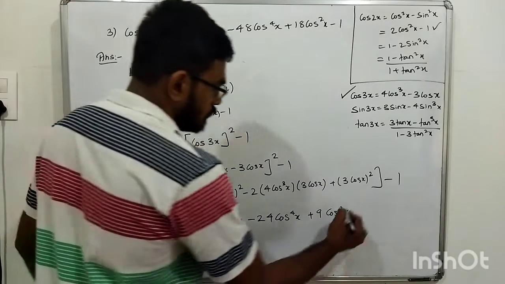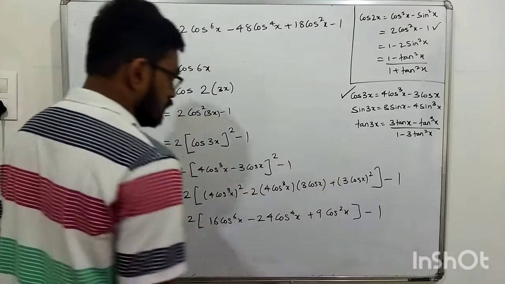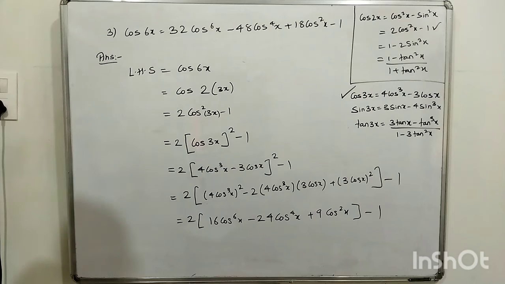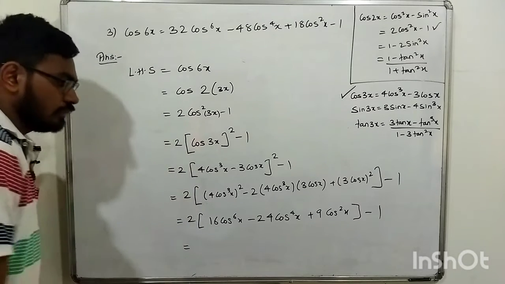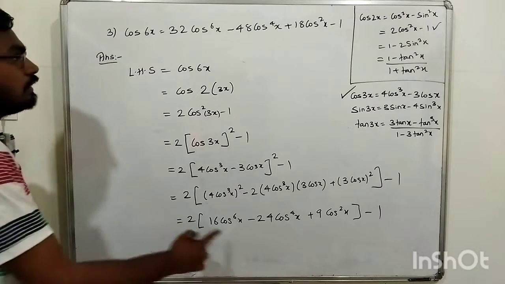and then minus 1. Okay, now simplify this. Let's see what we get. 2 16 to the 32